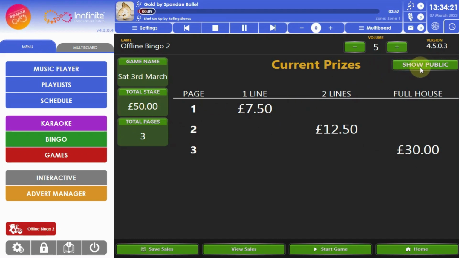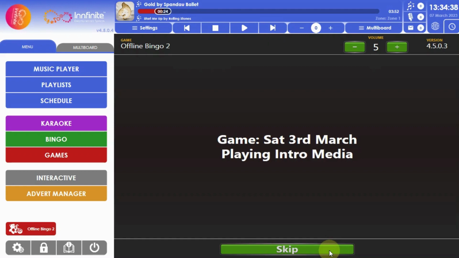You have the option up here to display that on your public screens, and if you click that, your prize board will be shown on your public screens in a similar manner to what you are looking at on your operating screen. So if I now click Start Game,